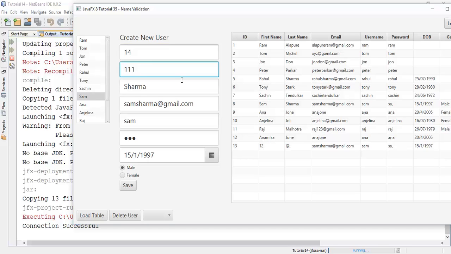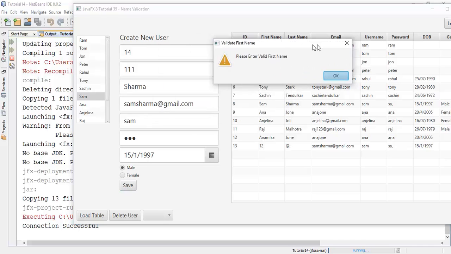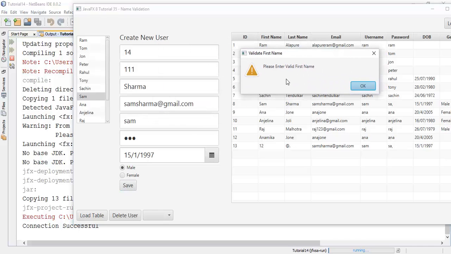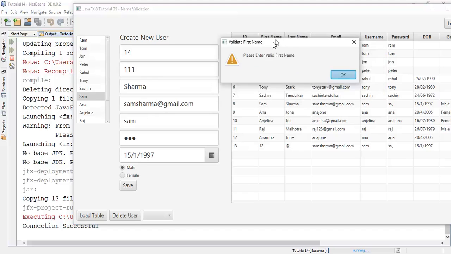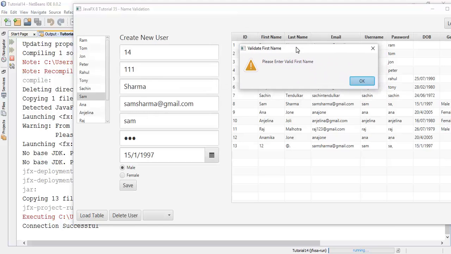Now we have set the validation for the name. So there is a message: whenever we enter other than a character here, it opens a validation dialog.